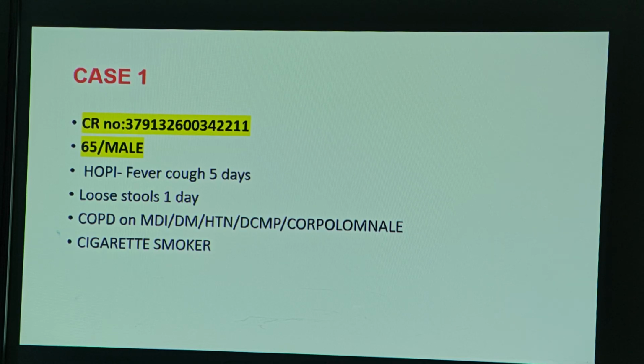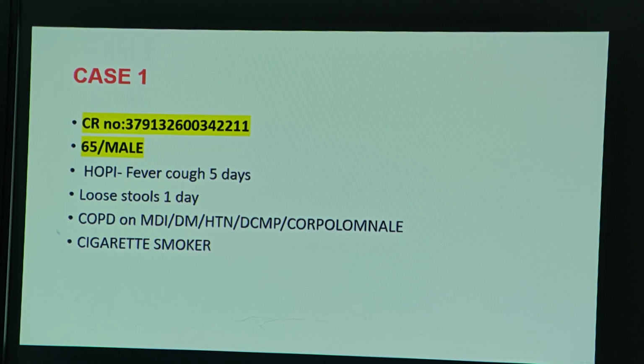for 12 years on OHA, and hypertension for 10 years on regular antihypertensives, and had a history of cor pulmonale and dilated cardiomyopathy detected 1.5 years back. That time the patient got admitted for treatment for that. And he was a chronic smoker for 40 years, used to smoke 10 cigarettes per day, and stopped 5 years back. So now he is having respiratory symptoms, fever, and on the day of admission the patient was